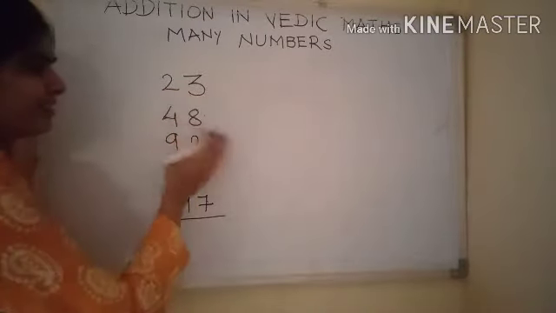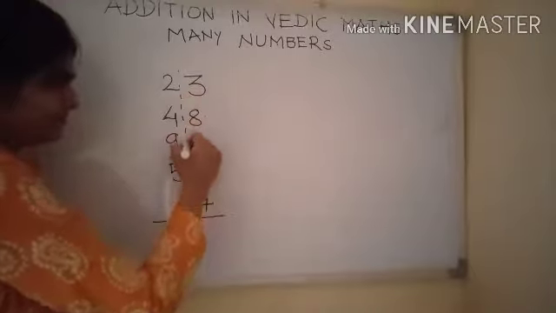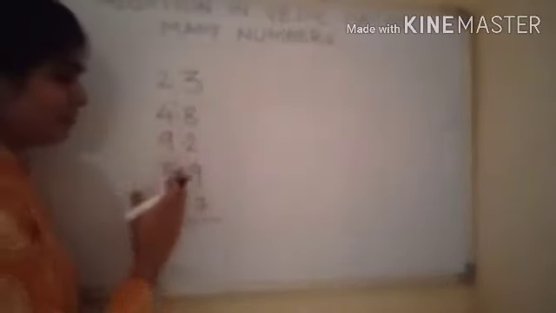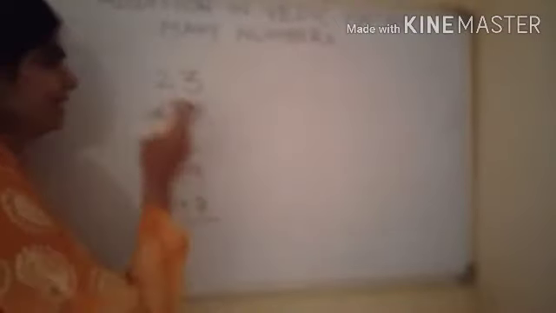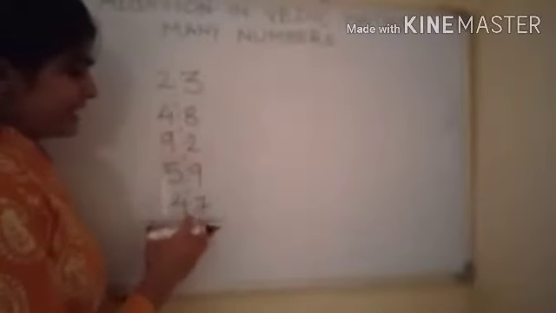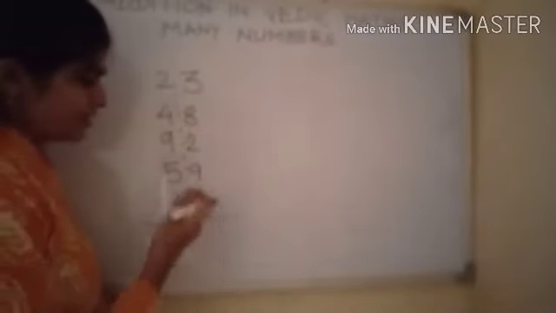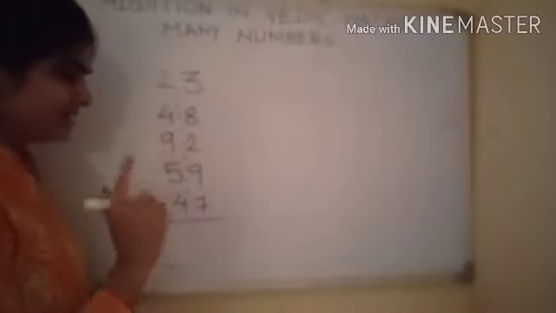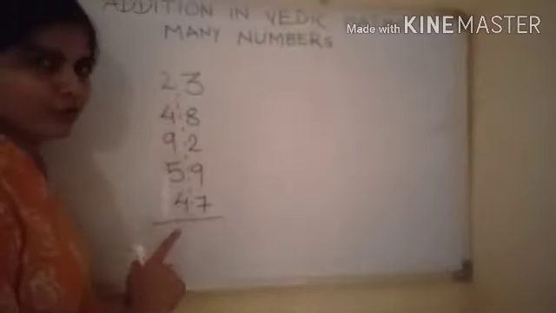First of all, whenever there are 2-digit numbers, separate them out. I have separated them. Now we will add these digits separately, then finally we will add the results and write the final answer. Whenever we start addition in Vedic maths, we start from the bottom side, not from the top one. That is the first thing you should keep in mind.